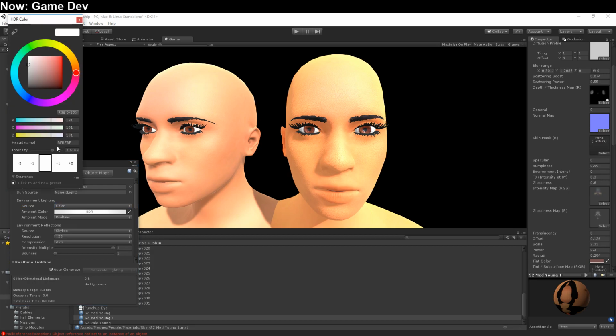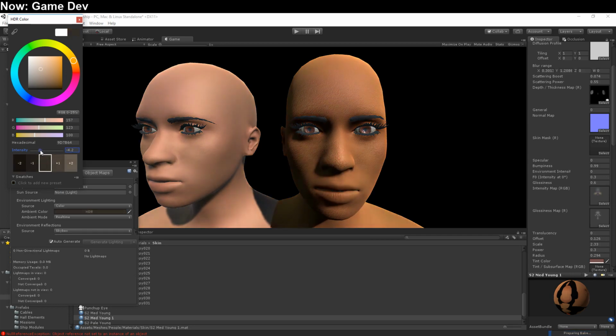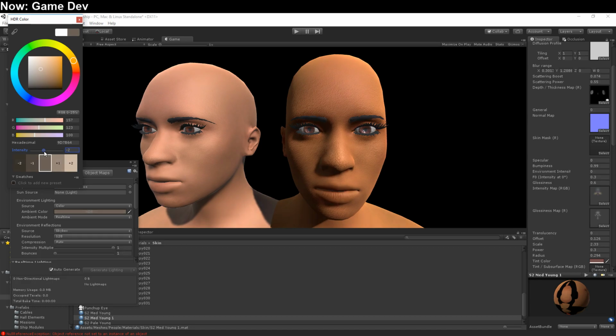Now the problem is that this color doesn't actually get set until you exit. Okay, so I can't tell. Yeah, it must be getting set. So the question is, if I were to make this ambient color for the reflections a red color, that's way too bright. Oh, so -2 is not black. That's interesting. So if I bring it down to like -2 here,